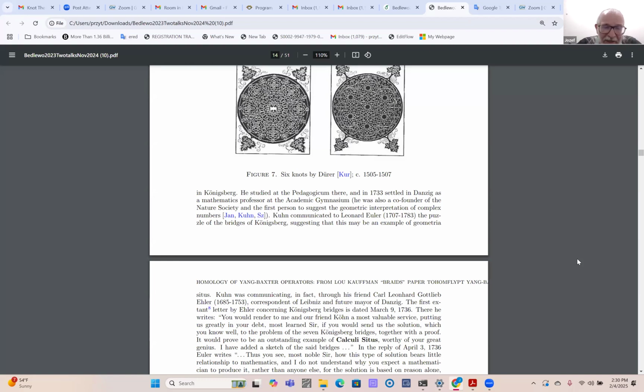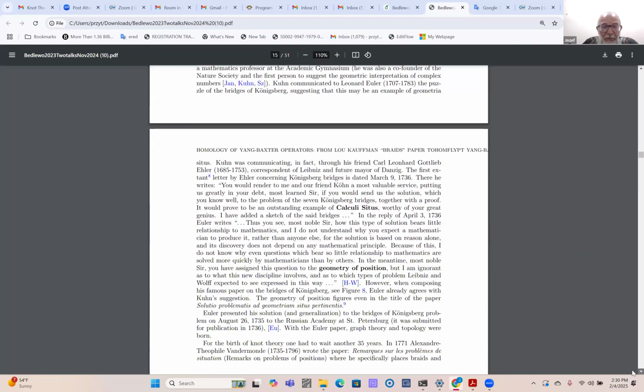There was a war about succession in Poland, and Russia took Gdańsk, and they had to pay big reparations. So Gdańsk sent a delegation to Petersburg to lower these reparations. And then this Echler, who was a friend of Kuhn, was in the delegation, and he met Euler, and he was attending his seminars, and most likely then he told Euler Kuhn's story about the problem of the bridges of Königsberg. So let me jump, because this is several pages. As I said, the history of Poland here,